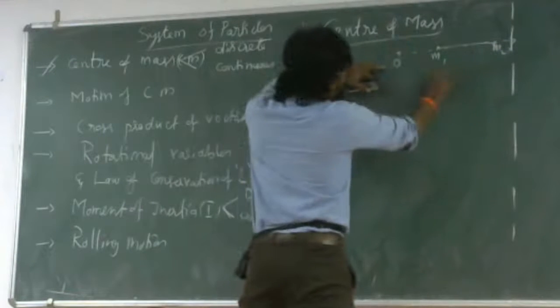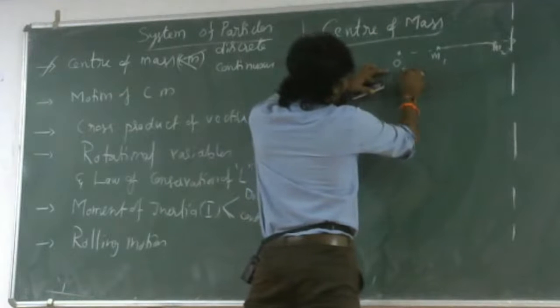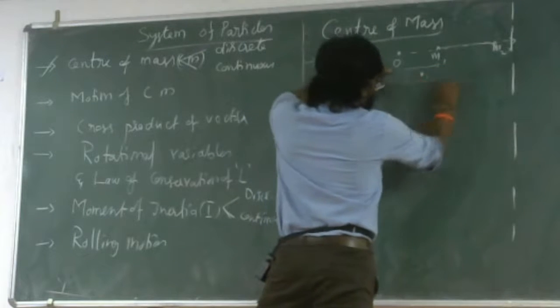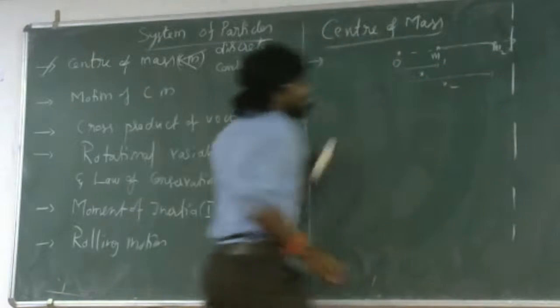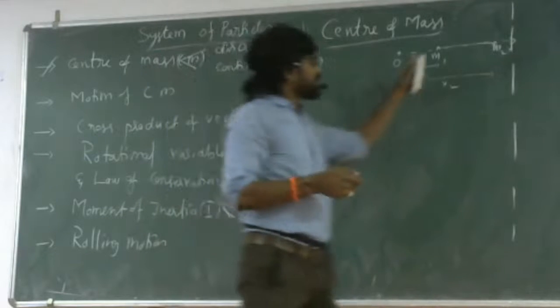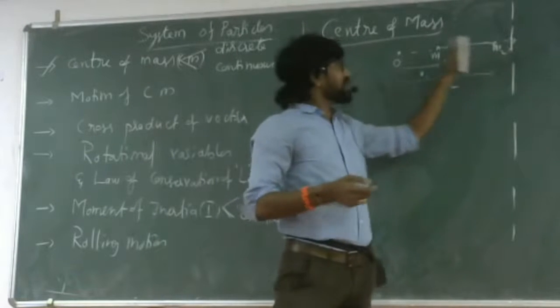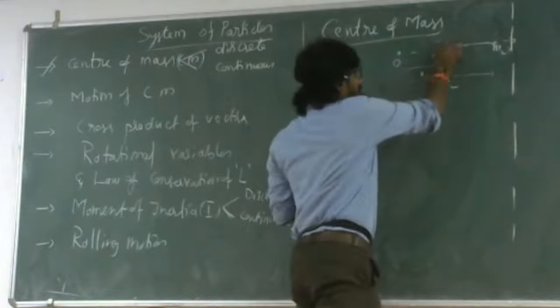From the origin, if M1 is at a distance of x1 and M2 is at a distance of x2, then the center of mass for these two particles will lie on the line joining the centers of the